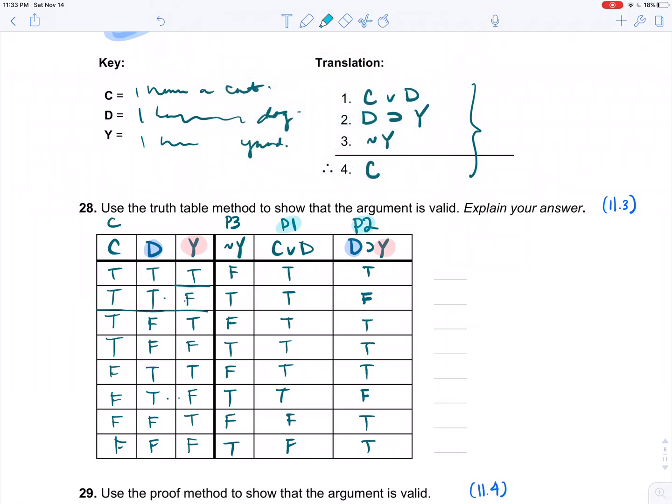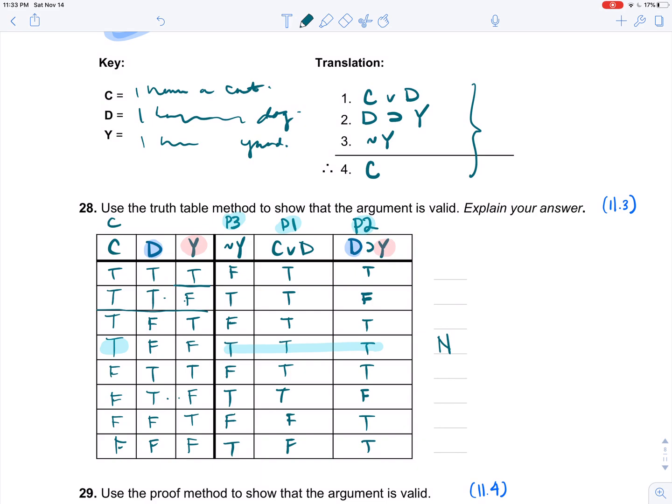Okay, so let's just start by identifying where the premises are all true. And again, premise 1, premise 2, premise 3. Row 1, no. 2, no. 3, no. Here's a row where they're all true. Next one, nope, nope, nope, nope. So there's only one row where they're all true, and on this row, the conclusion is true. And so what we have found is not a problem,